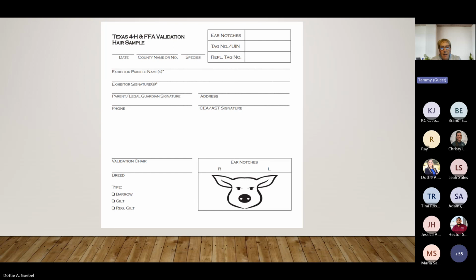Also, when you send back, I'd like to add too that do not return your extra envelopes every year. Hang on to those in case you need those as spares. That way we're not having to send out extras all the time, and keep those around if you need them for the next validation cycle.